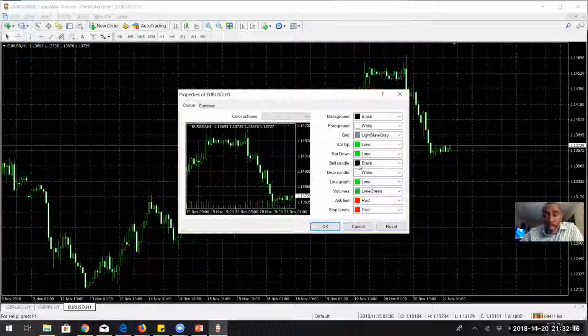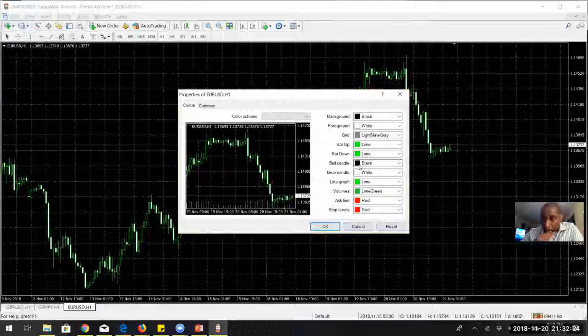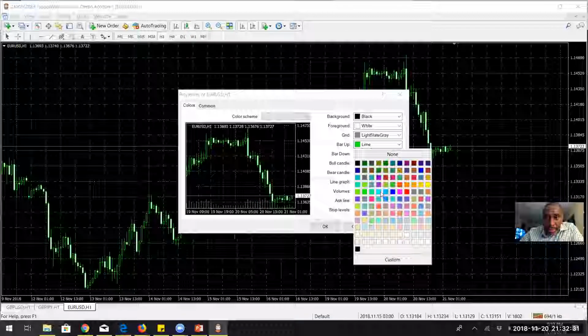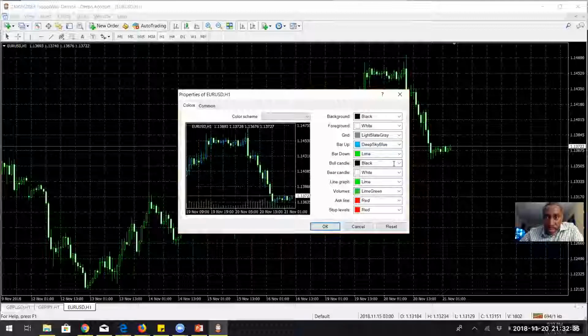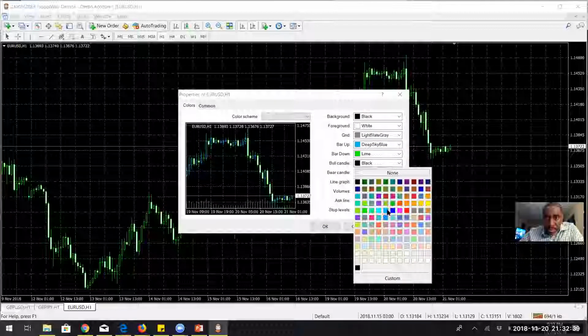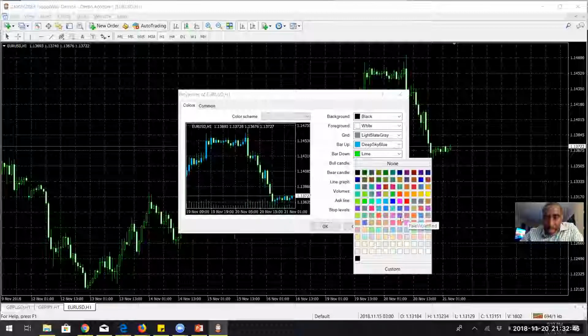Now, once you set it here, it will span across every chart that you drop. So what I'm going to do is switch up colors here. For the bull candle, I'm gonna choose deep blue sky. For the bull candle, I'm gonna do the very same thing. For the bear candle, your bearish candle,